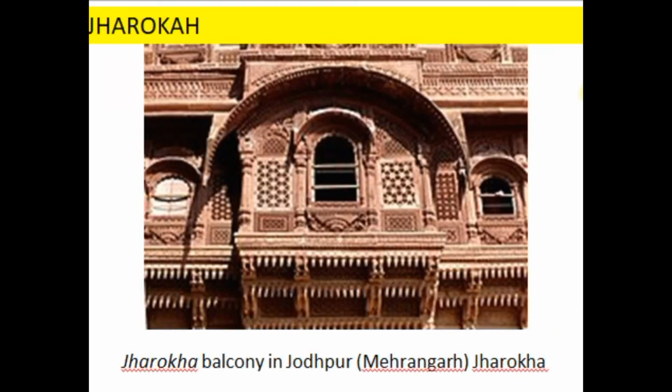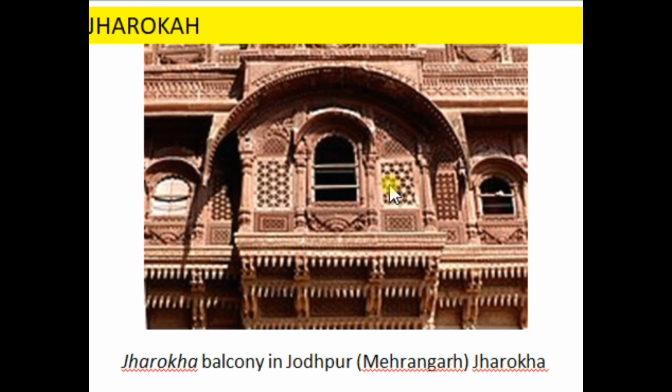So let's come to the next prominent feature, the jharokha. This is an example of a jharokha balcony in Jodhpur or Mehrangarh. So what is a jharokha? A jharokha is a stone window projecting from the wall face of a building in an upper story, overlooking a street, market, courts, or any other open space or scenic beauty. It is supported on two or more brackets or railings, has two pillars or pilasters, balustrade, and cupola or pyramid roofs. Technically closed by jali, but generally partially open for an intimate peep out to see passing processions.